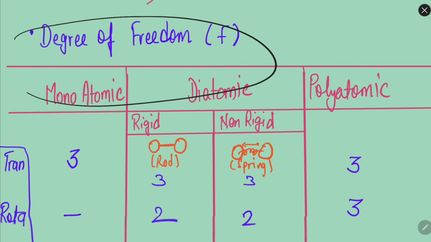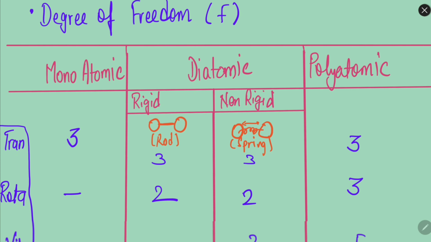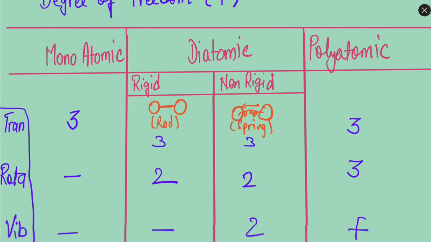So now let's discuss degrees of freedom. Degree of freedom tells us in how many orientations the particle can move and it will remain the same. The particle can be monoatomic, diatomic, or polyatomic. For example, helium gas is monoatomic, only one atom is there in helium, so it is a monoatomic gas. In helium there are 3 degrees of freedom in translational motion, because you can move it in the x direction, you can move it in the y direction, you can move it in the z direction.